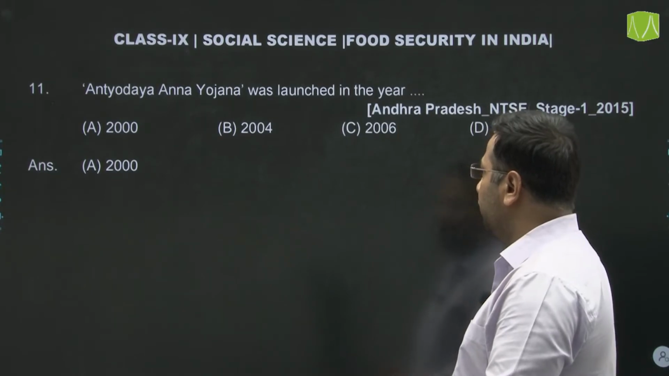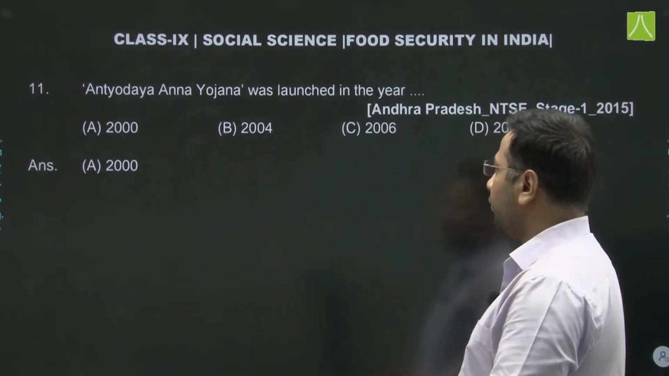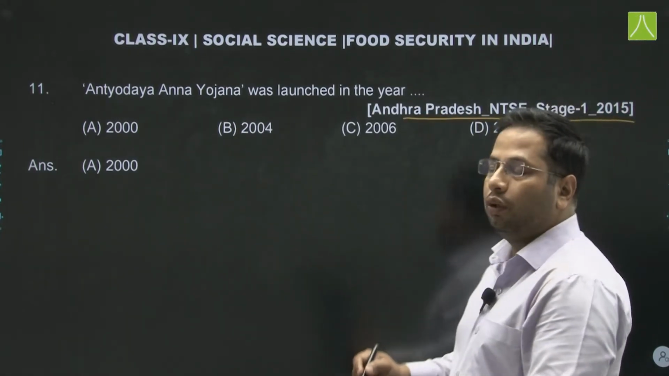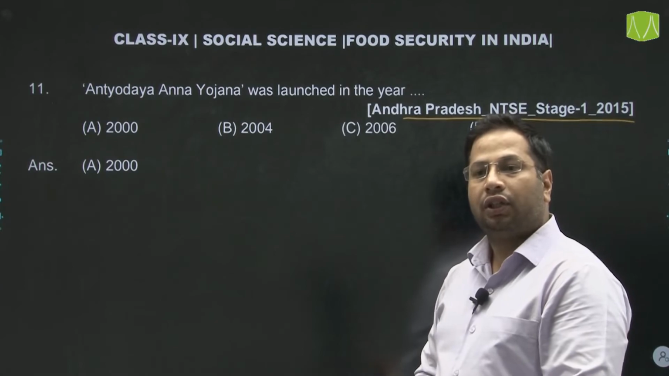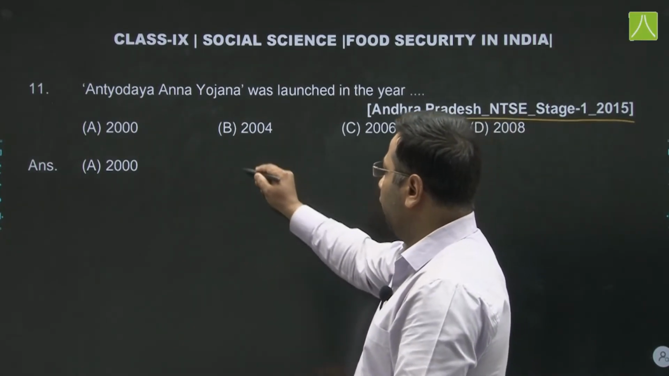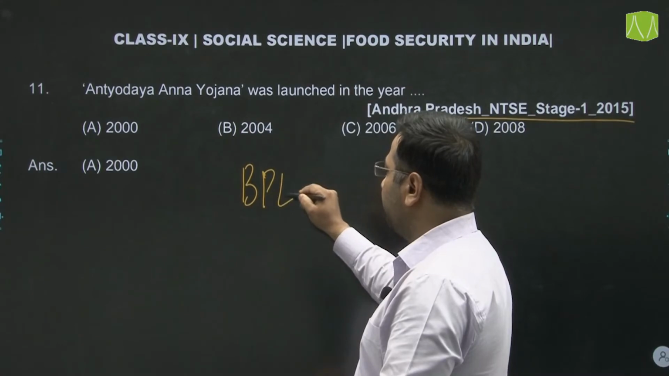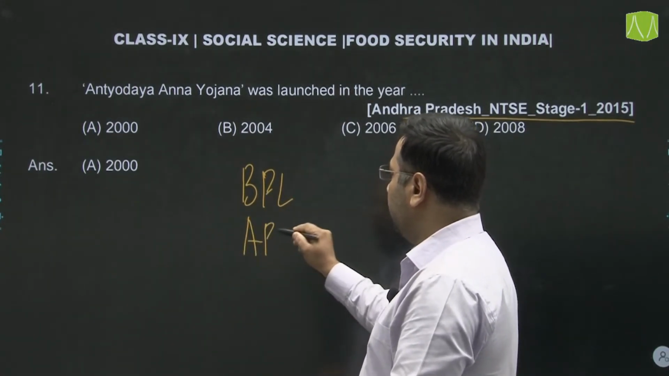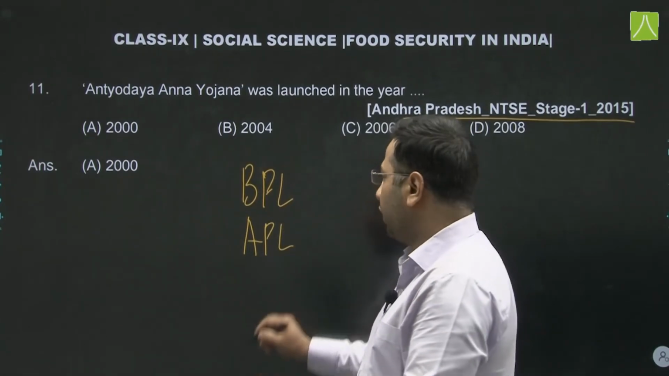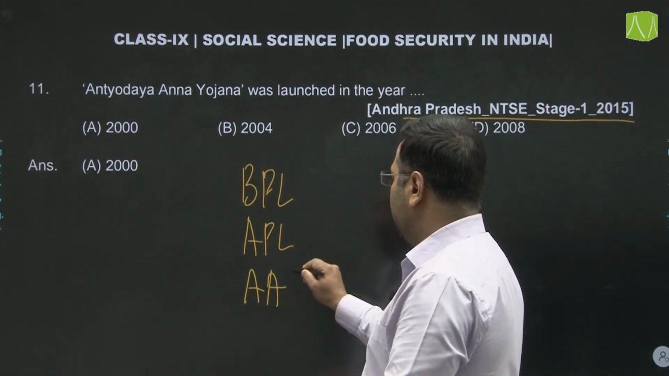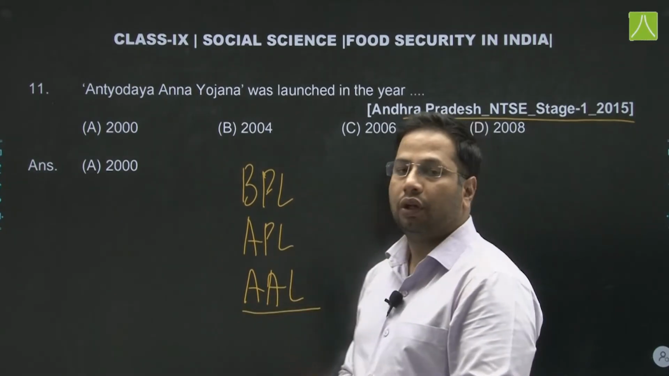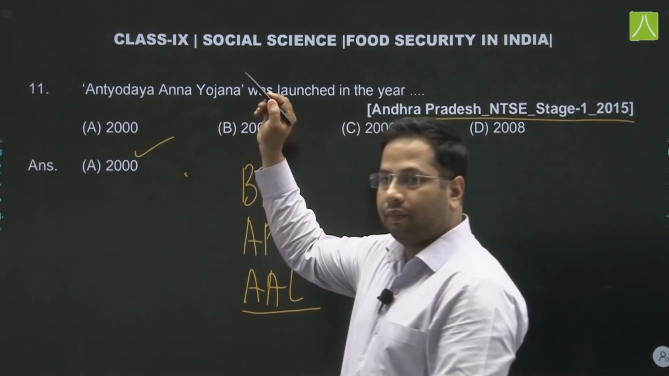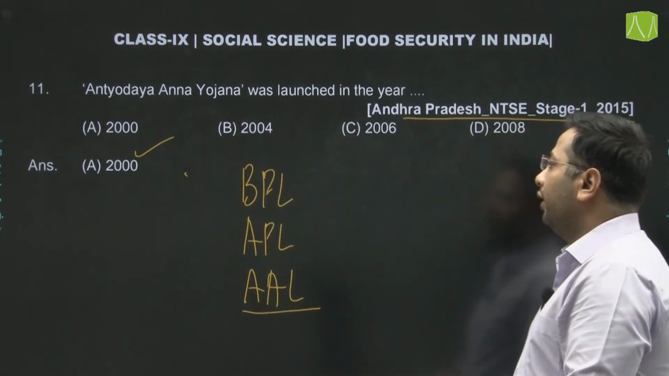Antyodaya Anna Yojana was launched in the year... Now this question we have in Andhra Pradesh NTSE stage 1 2015. We have already discussed the three types of ration card which we have. One is BPL, that is below poverty line. One is APL, that is above poverty line, and the next one is AAY, that is Antyodaya Anna Yojana. So this started in the year 2000. Option A would be the correct answer. Next one,